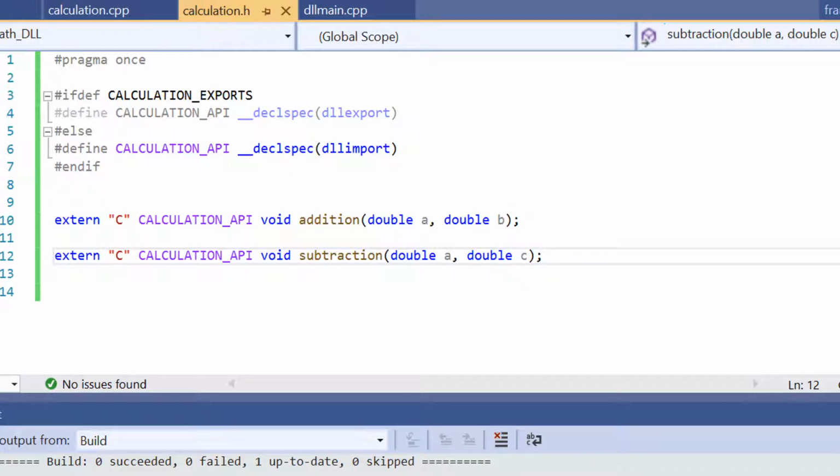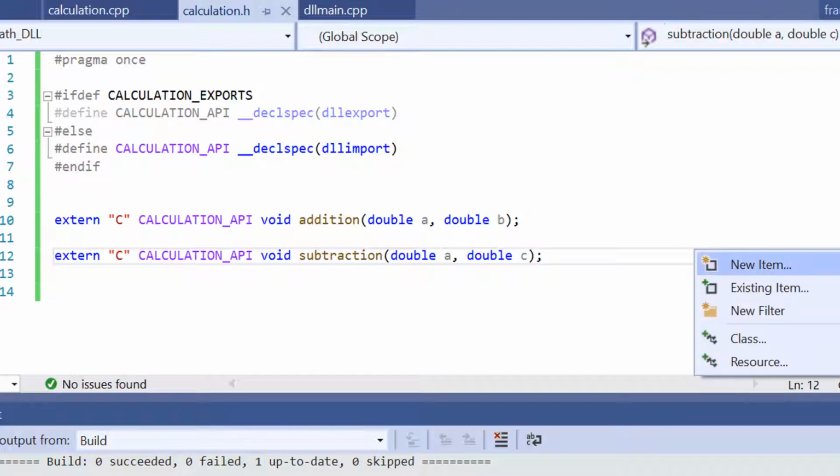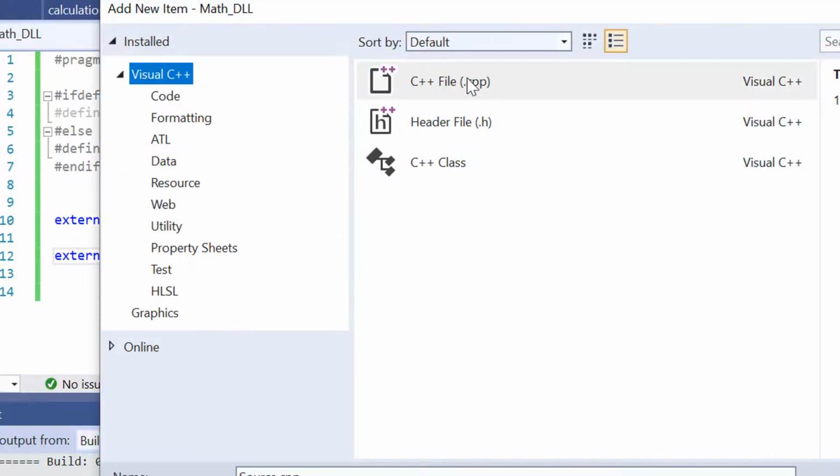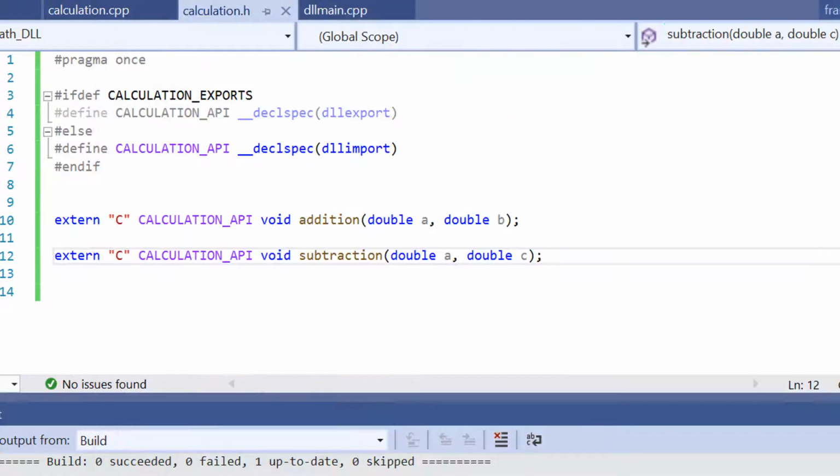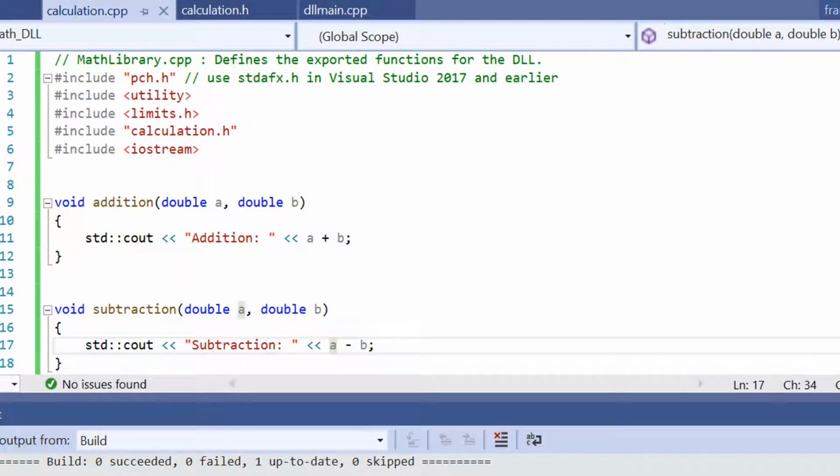So if I go to the implementation file, when you want to add in an implementation file, all you have to do is go add, new item, click on CPP file and name it whatever you want. I've already got it there, as you can see, because I didn't want to write out the code while I was doing it. But what I can do is load up the